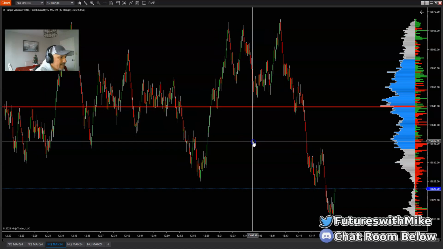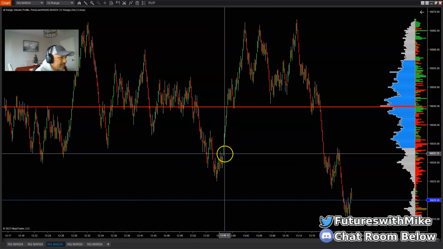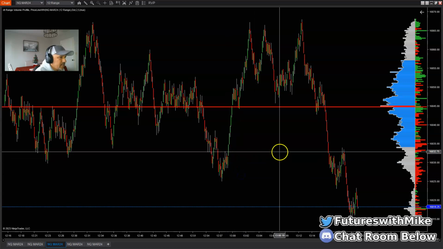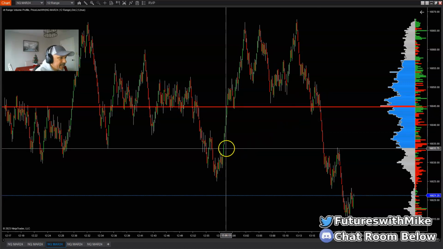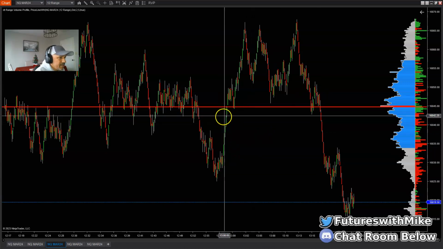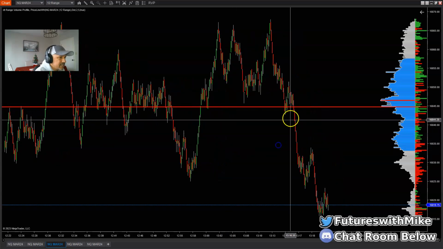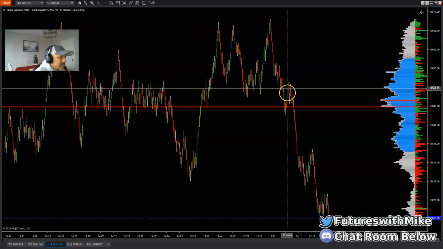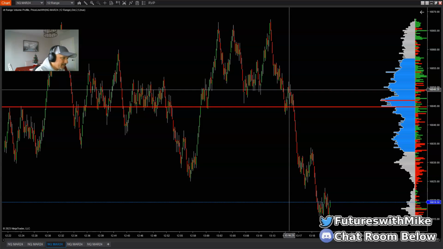Okay, why? Also, look, there are areas or imbalances that need to be filled back down to the downside, and this right here was an area of demand. Okay, so basically you're taking this setup here to supply back down to this area of demand in a sense. But there are areas to fill right here. Okay, there are imbalances that need to be filled to the downside. So this small area right here, there's an imbalance resting within that supply zone. Okay, it's low probability, but the thing about it is it's still an imbalance, and I'll talk about that in